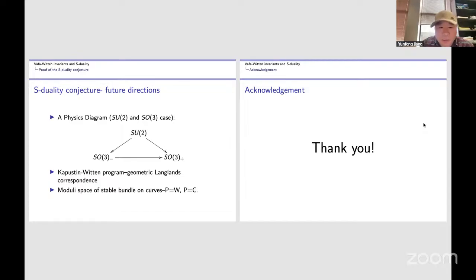which is a hot subject by Maulik and their group. So they did the P equals W or P equals C, or some other Hausel-Thaddeus conjecture, which was proved several years ago. It means if you have a moduli of stable SLr Higgs bundles, for example, and then you have a moduli of PGLr Higgs bundles, then in the curve case, the moduli of PGLr Higgs bundles is the moduli of SLr Higgs bundles modulo the gamma group, the r-torsion, which is a finite abelian group. But this is not true in the surface case. But there is some relation maybe.